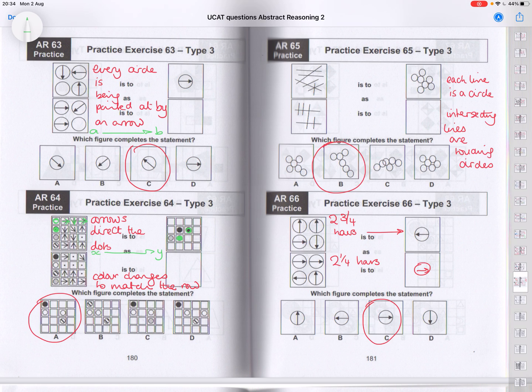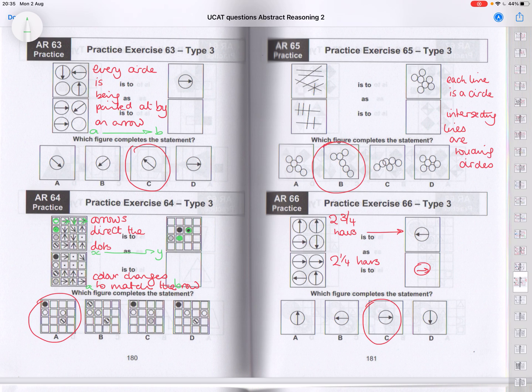to the original sequence of colours. So anything on the top line is just going to be an open circle, anything on the next line down is going to be a black coloured in circle, anything on the next line down is going to be grey, and anything on the bottom line is going to be hatched. So that doesn't change, the dots don't take their shading with them, they adopt the shading of the row they're on. Which means as we go from A to B, you carry out the same transformations and the solution is